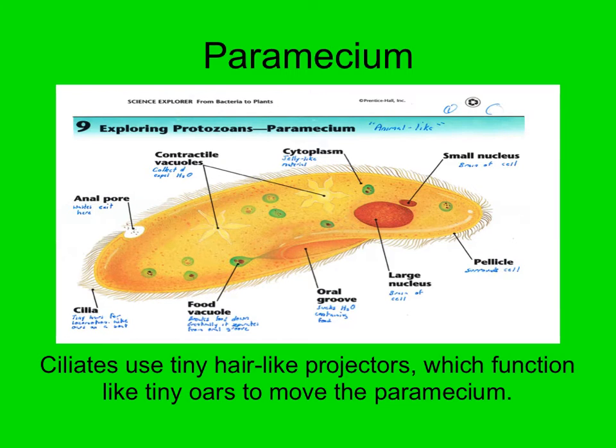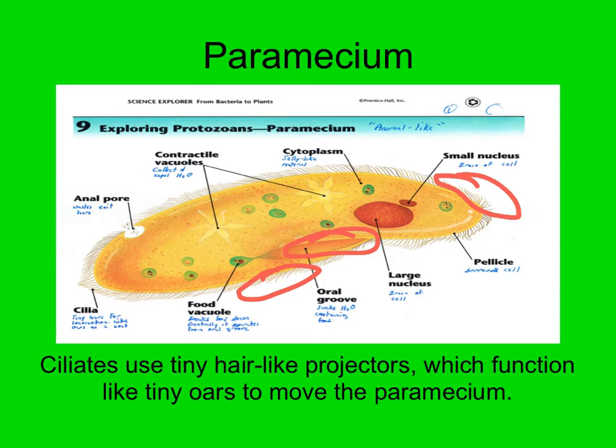Another example of an animal-like protist is the paramecium. The paramecium is an example of a ciliate, because it uses cilia to move around, just like the amoeba use the pseudopods to move around. The cilia are tiny little hairs that beat in unison together, and they can help propel the paramecium forward. They can also help move food into the paramecium, into its oral groove, where a food vacuole will form